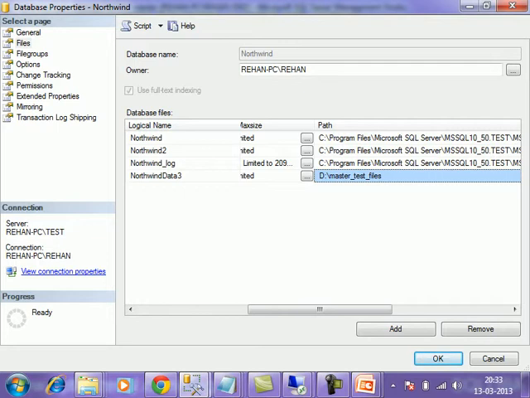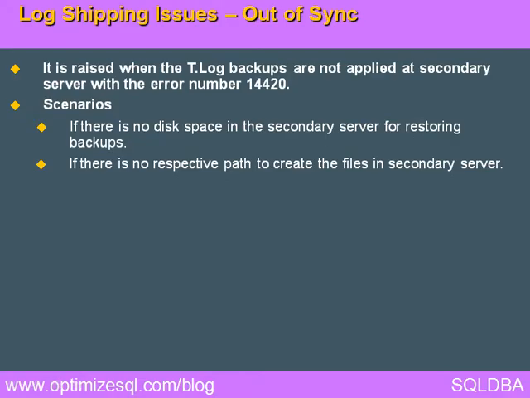That means after adding the file, you create the same folder in the secondary server and grant read-write permission to the service account, and it will not fail. That is what the second point says: if there is no respective path to create the files in the secondary server, the restore job will fail.